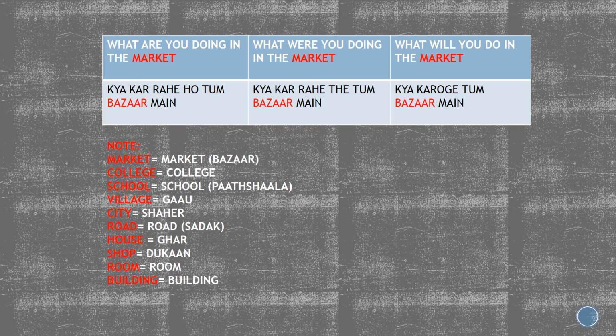All good? I'll say it again. Market, bazaar, college, school, village, गाँव. Okay, city, शहर. Road means sadak, house, ghar, shop, dukan. Okay,